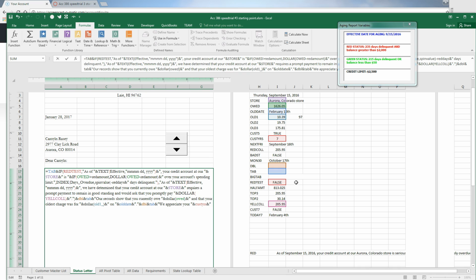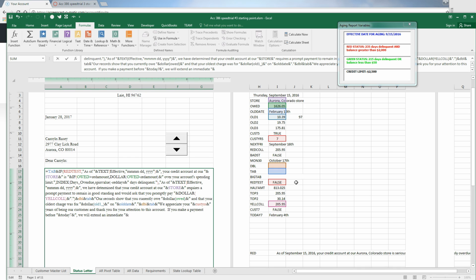We appreciate your 7 years of being our customer, and thank you for your attention to this account. If you make payment before date plus 7, okay, February 4th, comma, we will extend an immediate,